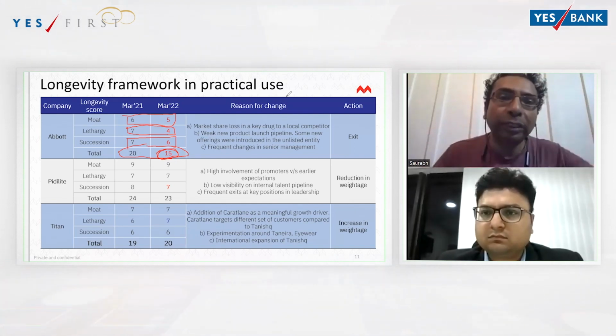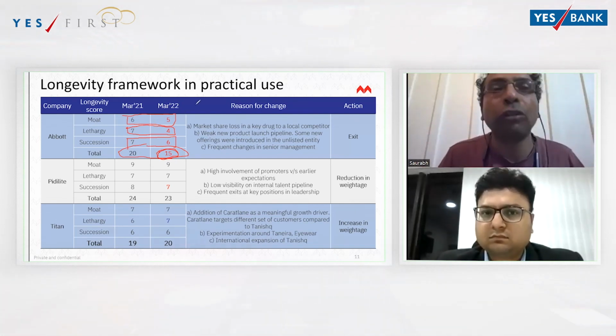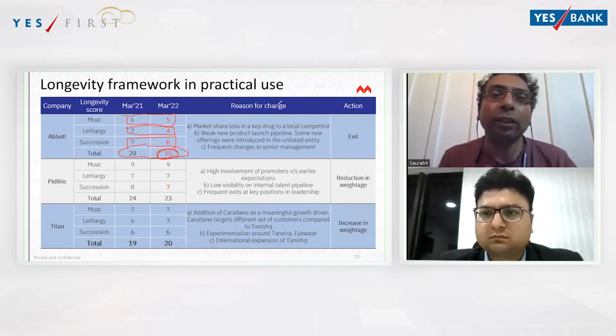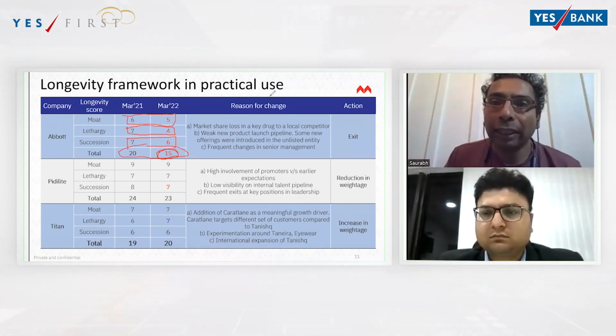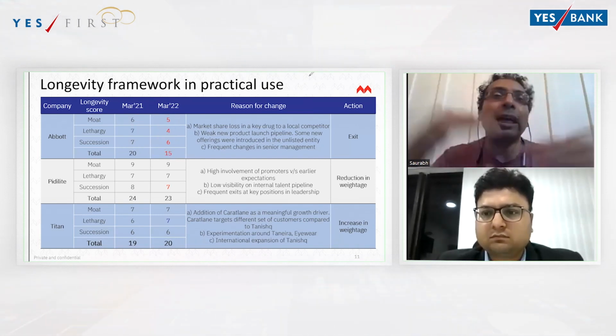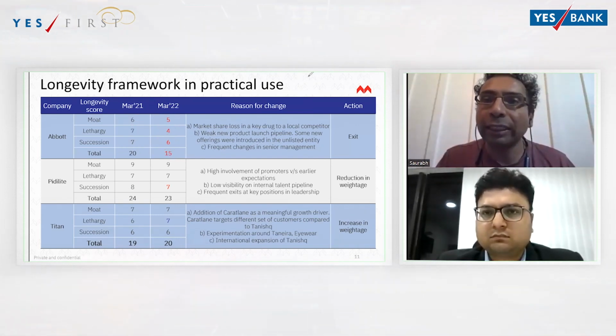A lot of this work is driven by analysts. The analysts control these scores. If the scores drop, then the stock ends up getting either reduced in position or it ends up going out. And the other aspect is changing the size of the position. Right, the position size can change due to 2 reasons.